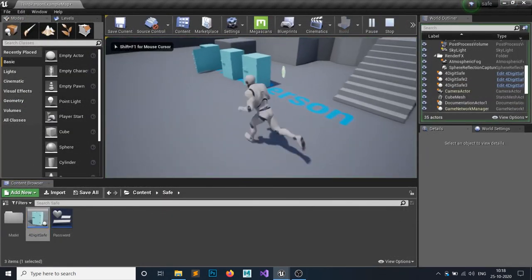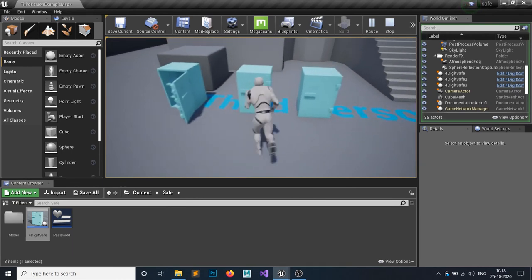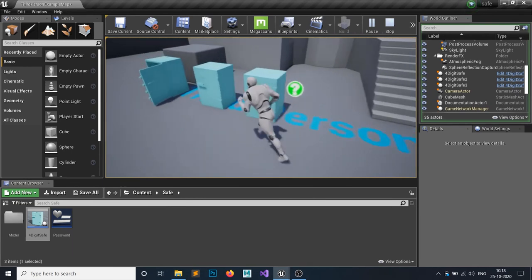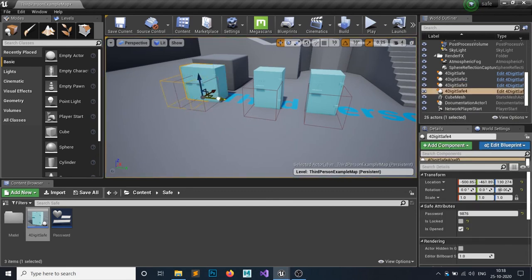So yeah, this chest is already opened by default. If it's not, then this one. So let's make another chest. So this chest is not locked, right? But it is also not opened.